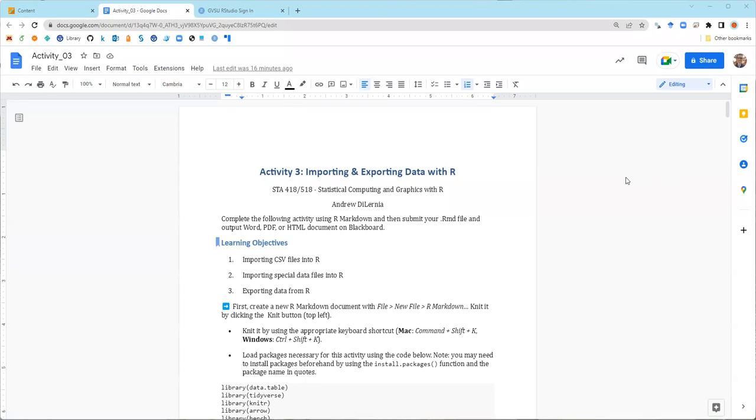Hi everyone. In this video, we're going to be looking at the beginning of Activity 3, importing and exporting data with R. This is a bit of a long activity, so it's going to be broken up into multiple videos. In this activity, we're going to learn how to import CSV files into R, comma-separated value files, how we can import other special data file types into R, and how we can also write data from R, export data